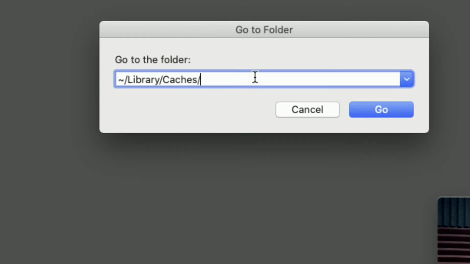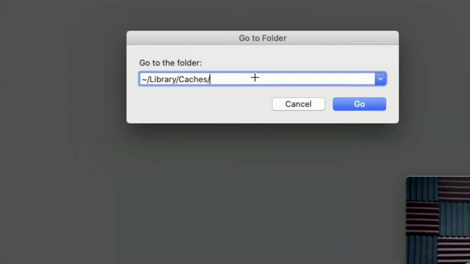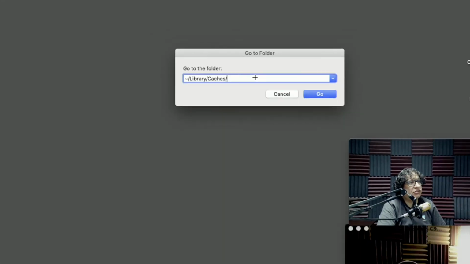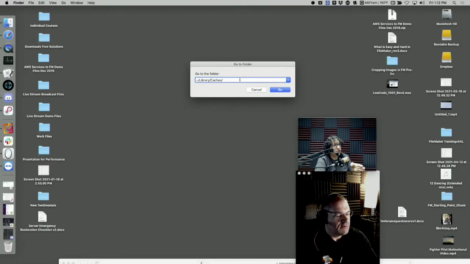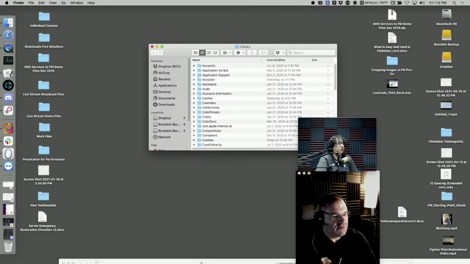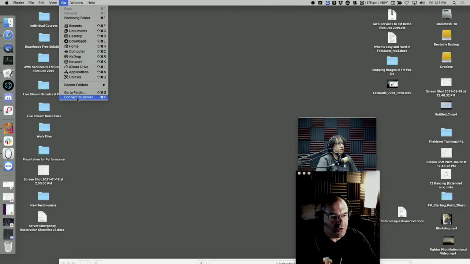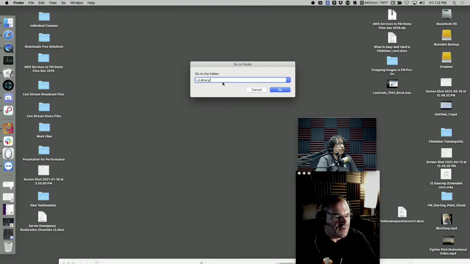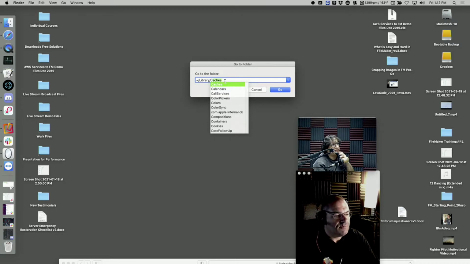I don't know if it's case sensitive. I suspect it might be, so I always put the capital. But it's smart. If you type the word Caches, okay, tap C, okay, slash. Oh, okay. I'm sorry. Well, I can do it again. Yeah. So go to folder, and you type C right here. Okay, slash. Oh, there you go. Yeah. So everything with a C in this folder will display there.